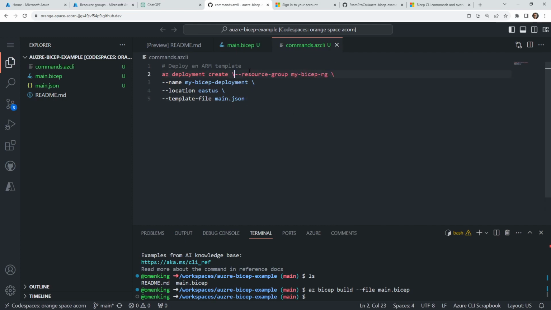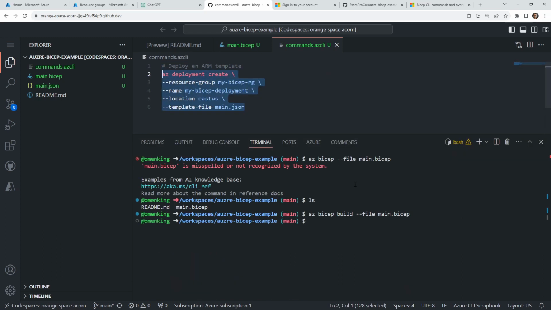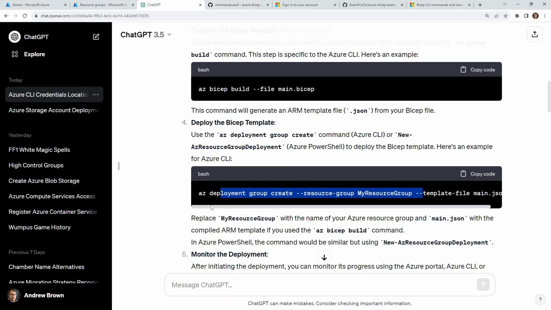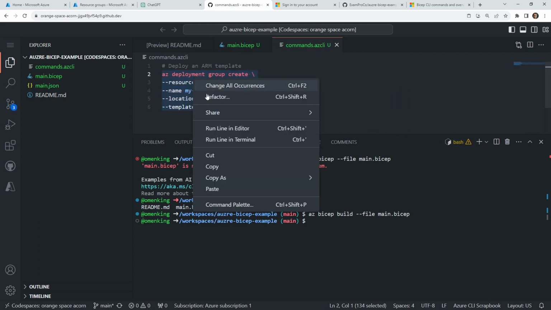We need to know the resource group. It's probably recommended to provide it a name. We'll have our location and our template file. So I'm going to go ahead and copy this, and fingers crossed this works. Of course, we didn't really look anything up. Oh, this one says az deployment group create. So maybe we should make sure that's correct. But it did autocomplete create, so maybe